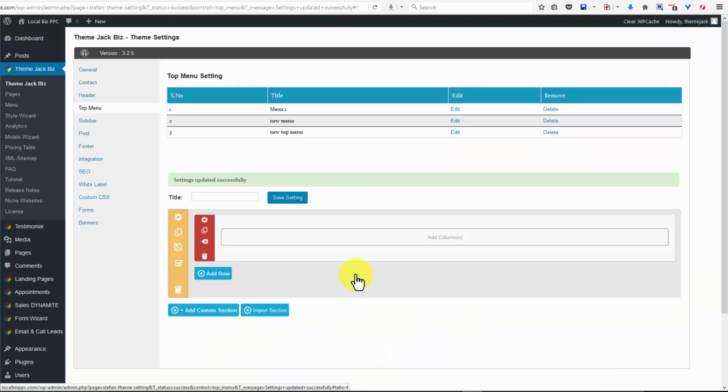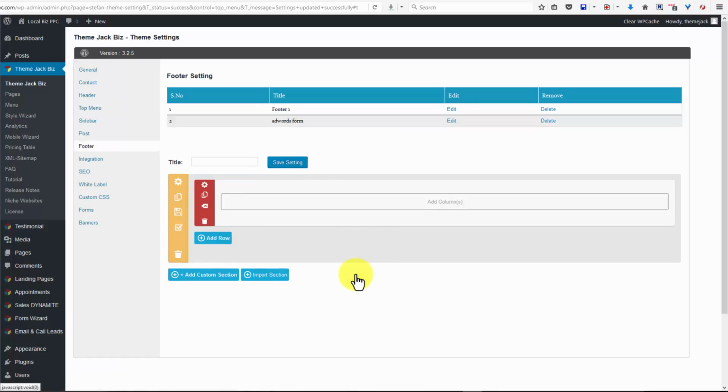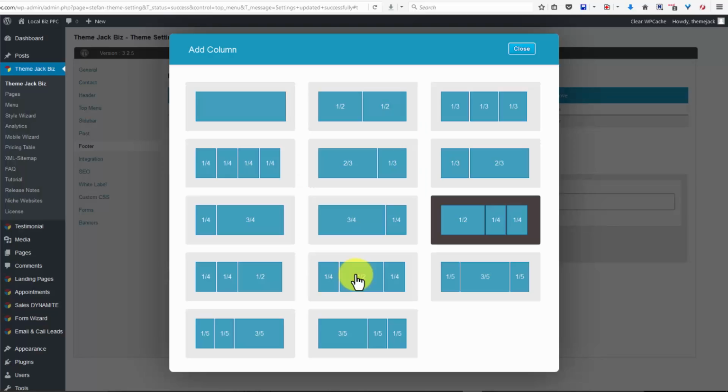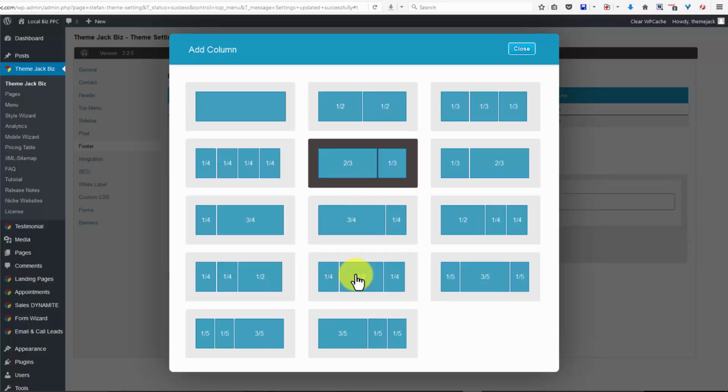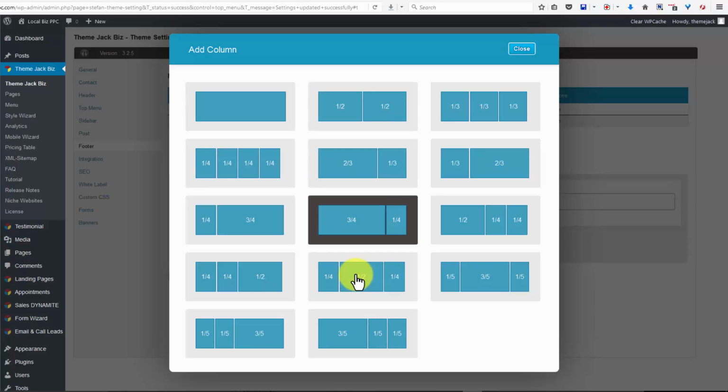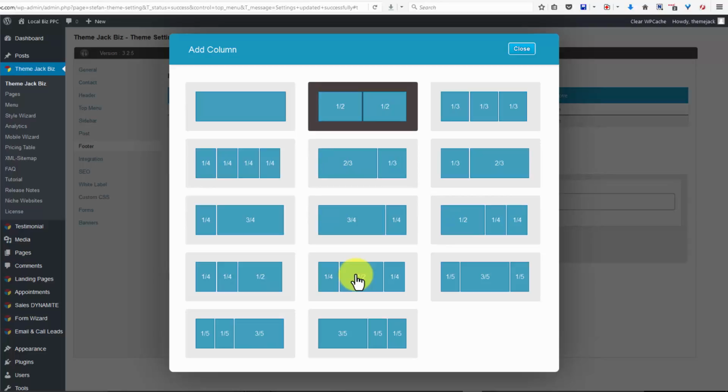Okay, the next item on the list is top menu. It, I believe, is still being edited a bit, so it's not quite ready for prime time. And the last update at the moment is the footer. So you can create a separate footer that is for a particular page and add columns. So the columns that are added designate the size of the footer sections. And let's just do 2